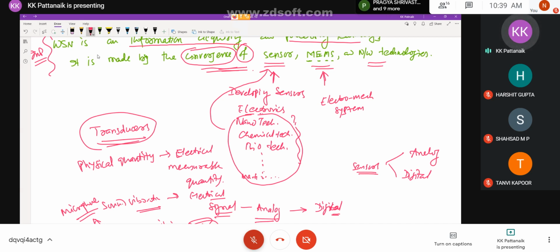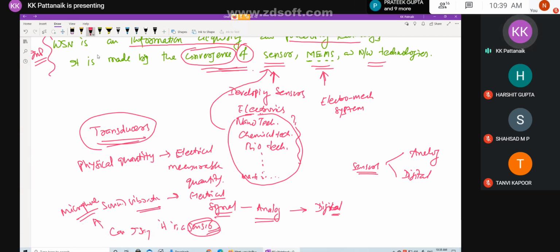The bells in your homes, sorry, what do you call them, the door bells that go ting tong, inside them there is a magnet, an electromagnet. When we switch on, the magnetic element gets magnetized, and then it attracts the hammer to hit onto the bell. That's how it makes a sound, ting tong. So that is an example of an electromechanical system. Do you have such kinds of bells in your homes, or a different bell? Maybe, because these days electromechanical bells are very little in use, but that can be understood as that, right?